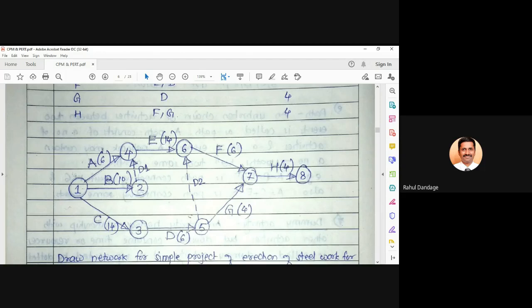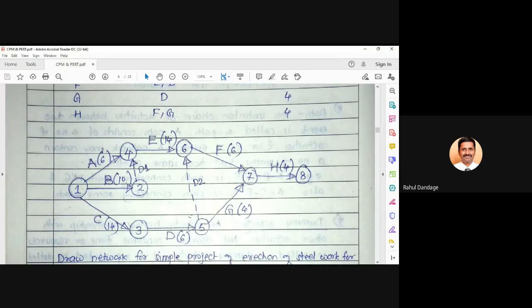Now in this network diagram, we are drawing some circles. Circles are representing what? Activity or event? Yes, event. Node or event. Correct. So these events will be numbered, and when you are numbering the events, you should start from the left and finally reach the extreme right end. Numbering should be such that the arrow tail carries the lower number and the arrow head carries the higher number.